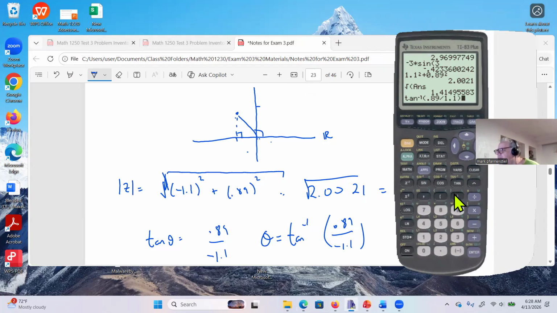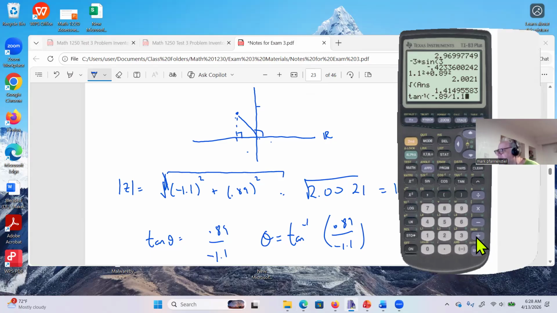All right, and we're going to put a little negative in there. I forgot to do that. So let's go ahead and insert and put the negative sign in there. Okay. And let's hope, crossing our fingers, that it's all in there correctly. And we'll say enter. And I got a negative, see, I got a negative angle, a negative